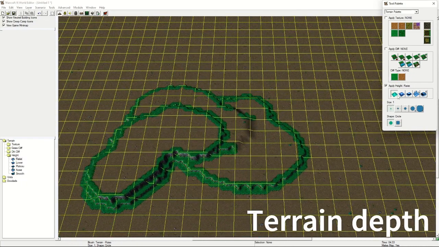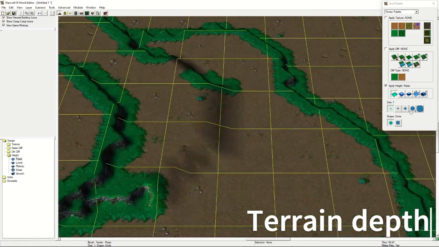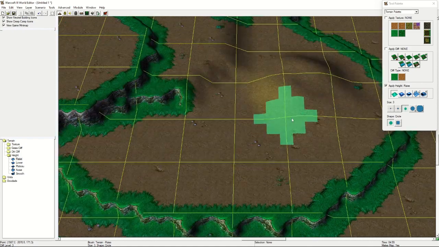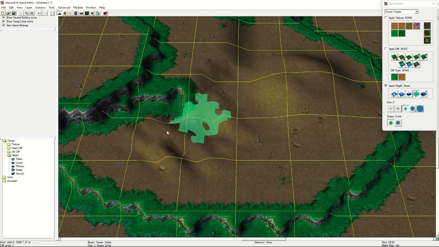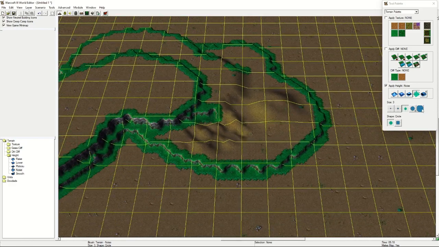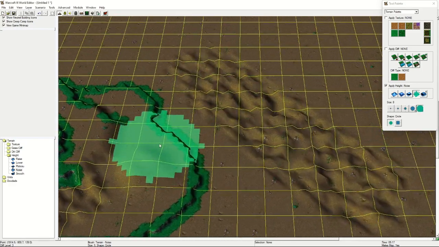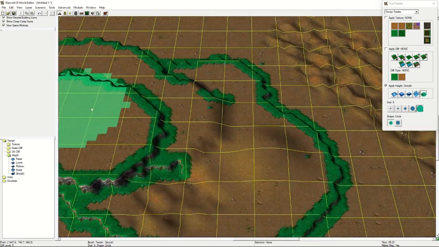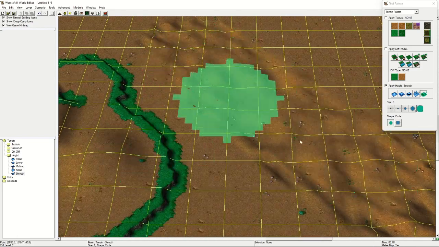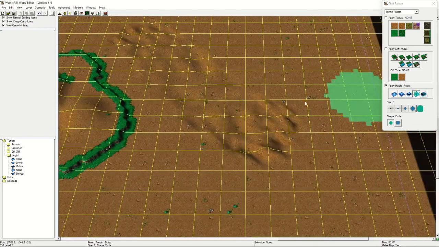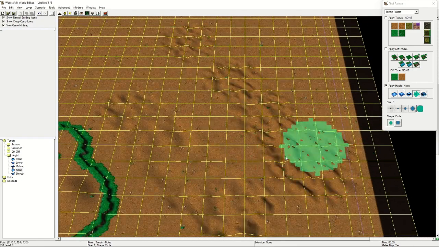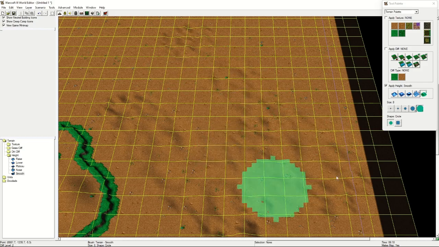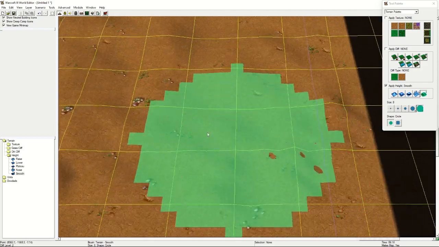So you'll see over here that there's also this, which is more for minor details when you're done, as this can raise the terrain and just add noise, as you can see there. Again, you can just do that. It looks ugly as hell, but you know, you do you. You can smooth it out and stuff, and then just smooth it all out, and then you have a somewhat natural-ish looking landscape for your players to